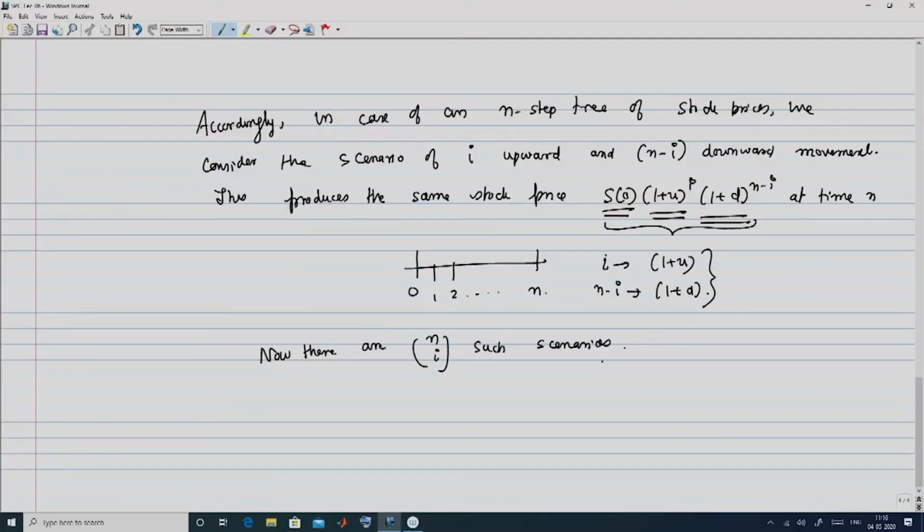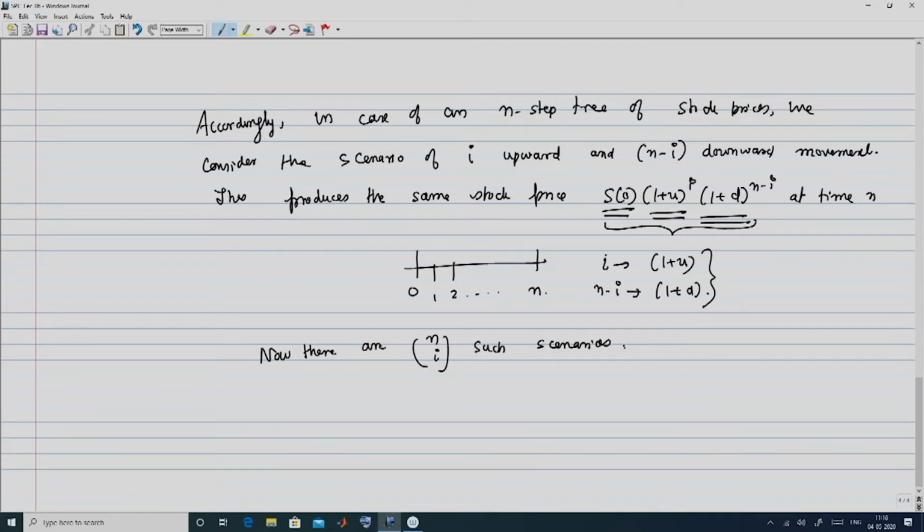It could be that the last I steps, it could be that there are alternating steps. So, there are different sequences in which you can have I number of upward movements, and the number of such possible combinations out of this n is going to be n choose I. And since there are n choose I such scenarios of I upward movements and n minus I downward movements,